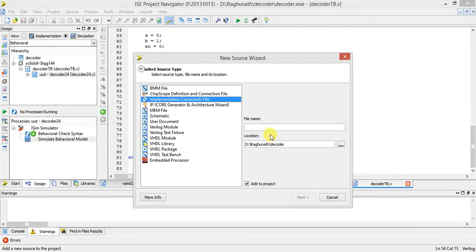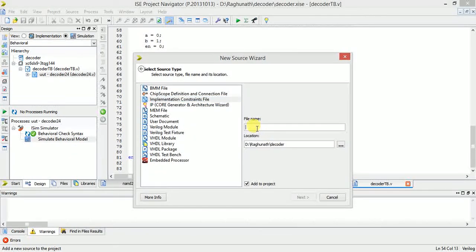So okay, we verified only the simulation output. So now we are going to implement the design and generate a bit file, and that bit file we are going to download or program into the FPGA kit. After that we can verify whether your program is working properly or not with the hardware.